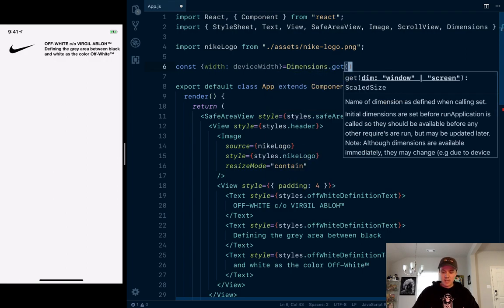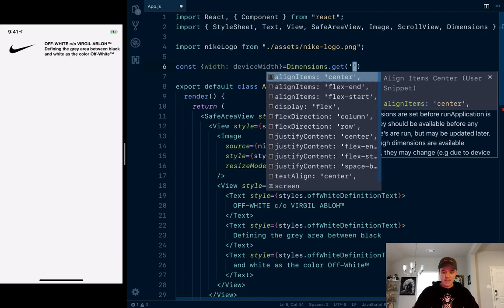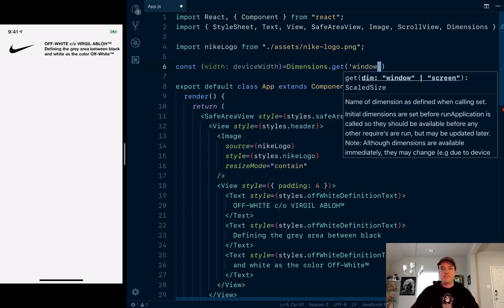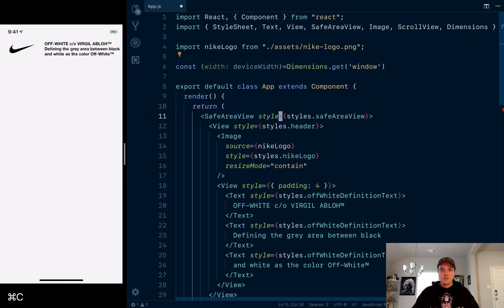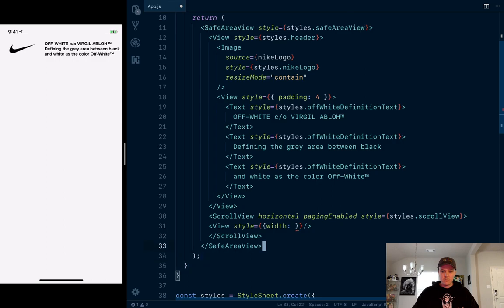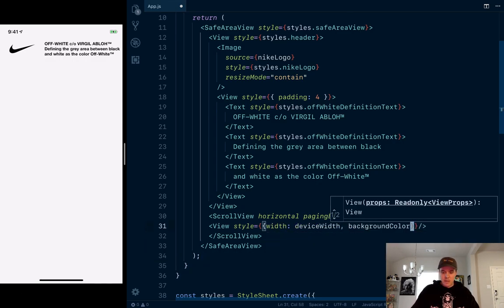There's this method called get on dimensions, and then you can pass it window. So I'm gonna grab this guy, use it here, give it some background color,